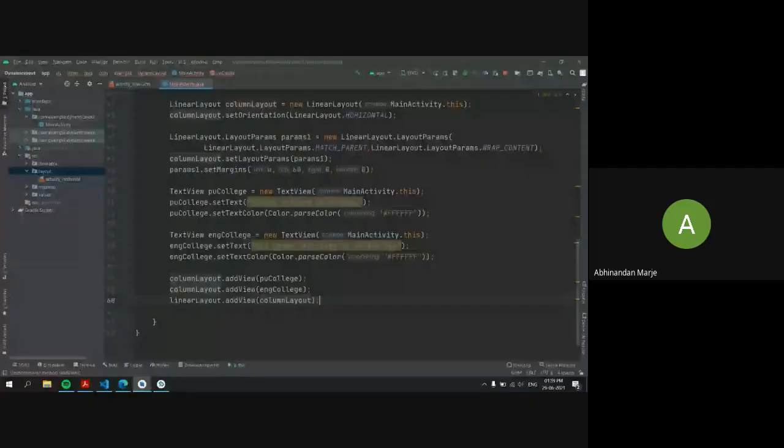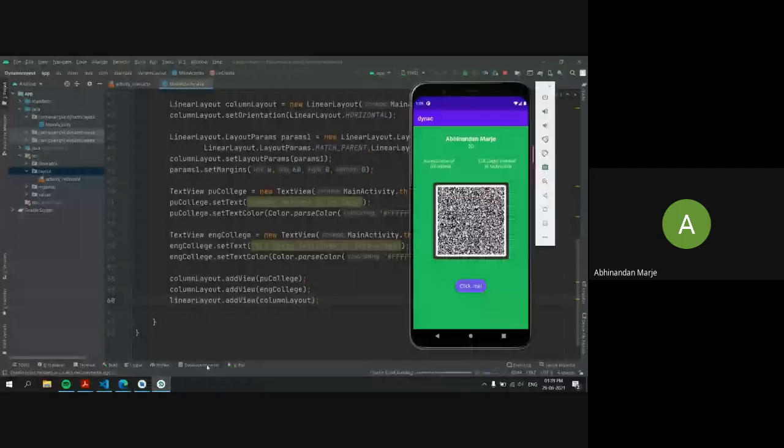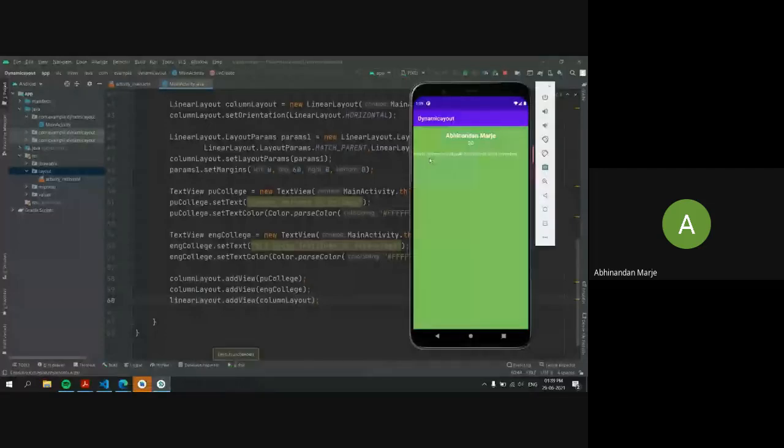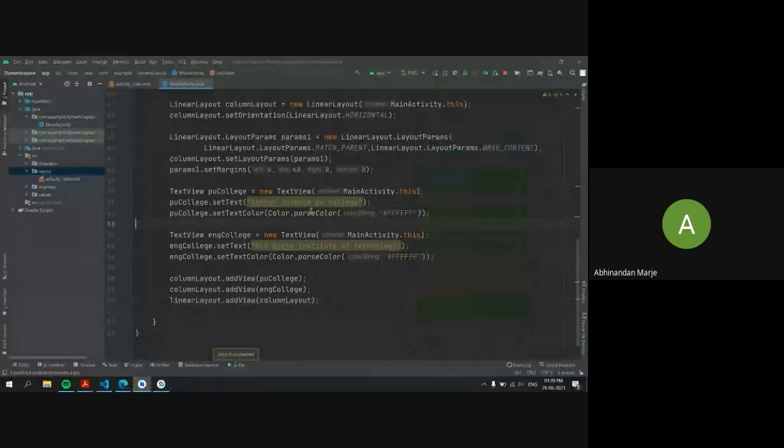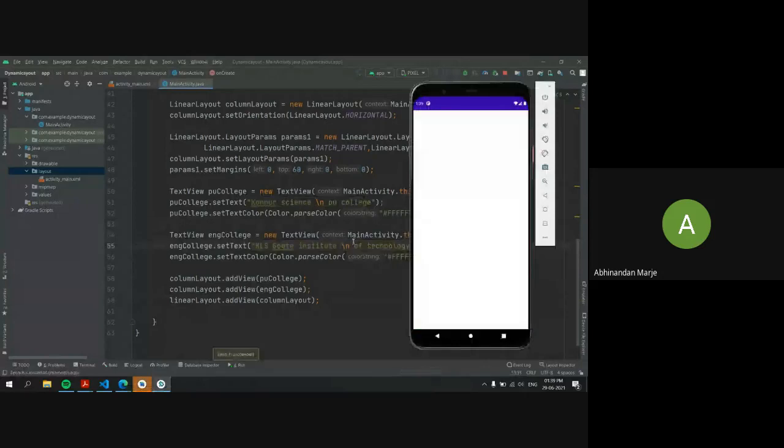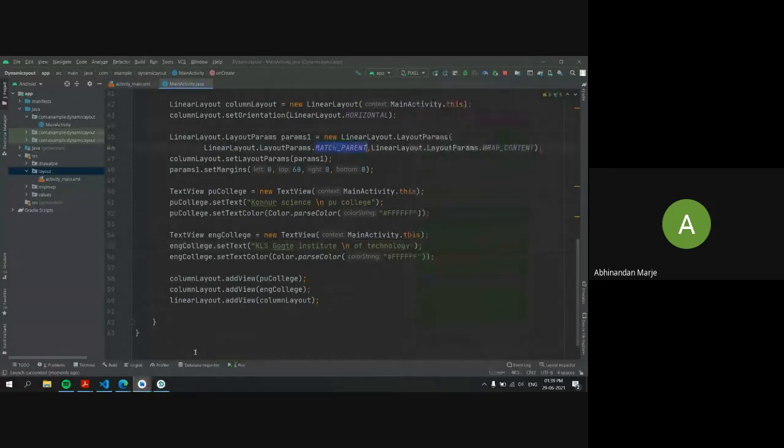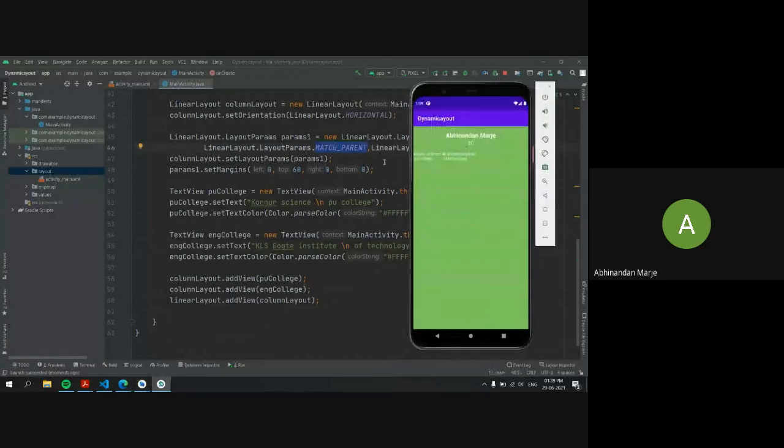Now if we check this here, now we can see yeah, it is in a straight line. So I'll add some breakpoints here so you can check it correctly. Okay, now it has some breakpoints here. Now you can see even though I am defining it here as match parent, these two are here. So if you don't know what is going wrong here, because we don't have any layout here, so that we can check what is going wrong,